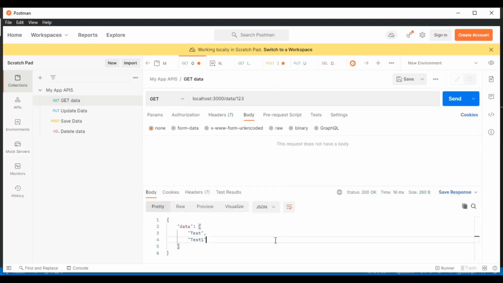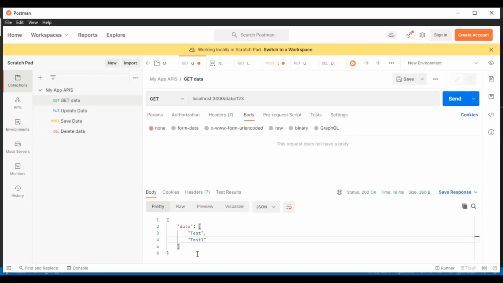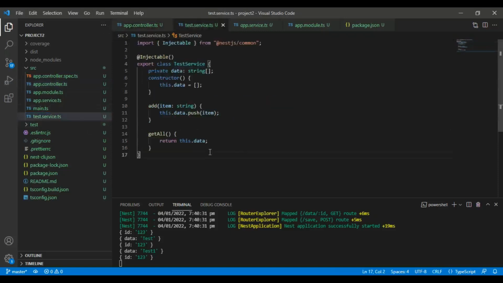Similarly, whatever you are passing through this API, you will get all this data here in this API, get and post. This means you can utilize this service to save and fetch. Similarly, you can find and replace, find and delete. You can do all these operations in that service, and your service will work like a store.